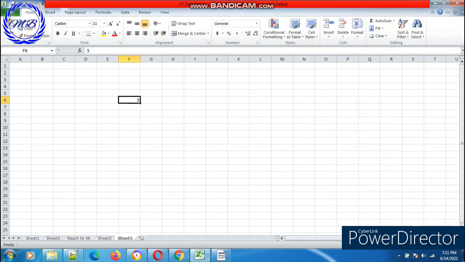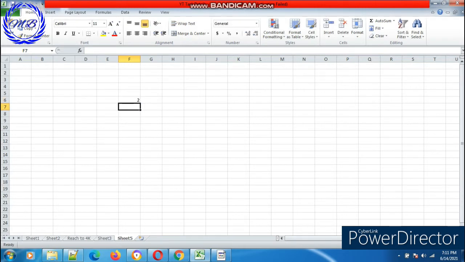So is 5 greater than 5? No. Is 4 greater than 5? No. When we hit enter, 6, click on it. See, it automatically changed. Now 10 is greater than 5, yes, so the format will remain as it is.